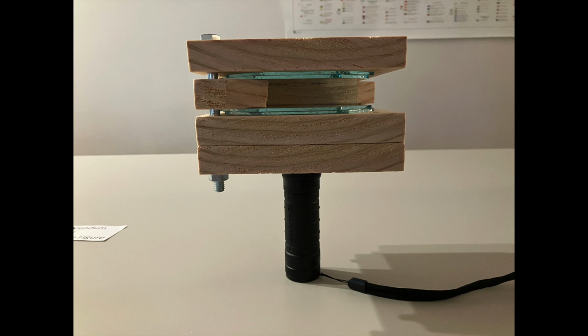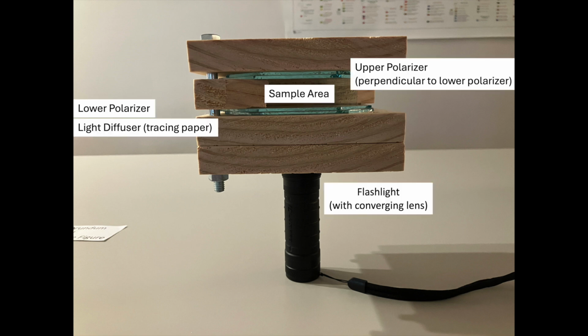This consists of a flashlight, which is our illumination source, and this flashlight is a normal LED flashlight that you might have in your house. Because it is an LED flashlight, it's not really the full spectrum of light, but it'll be good enough for our purposes today. This flashlight also has a converging lens, which allows us to direct the light going through our sample. The light then interacts with a material to diffuse the light, in this case just a piece of tracing